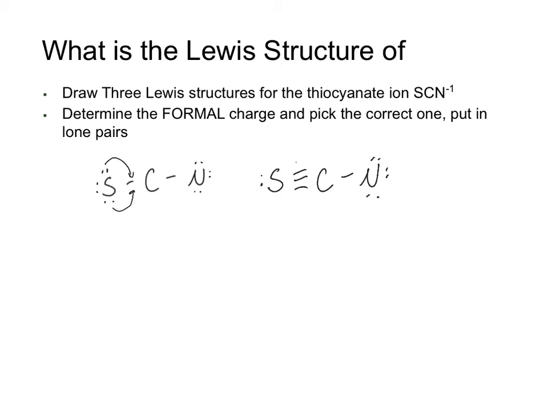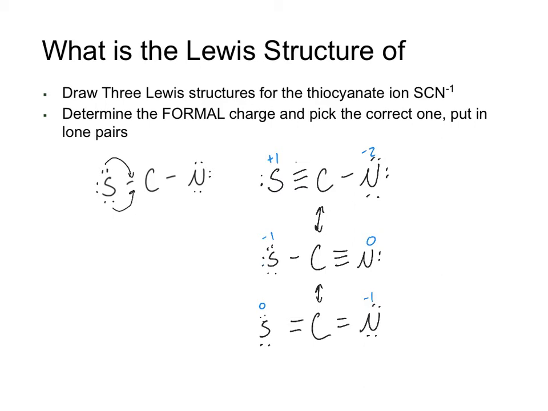We also talked about that we can put the electrons instead to form a triple bond between carbon and nitrogen, or that we can form double bonds. And so these are all three valid resonance structures of the thiocyanate ion. We then went through a formal charge analysis in the last video to determine which of these is the most stable resonance structure. Those formal charges then looked like this,